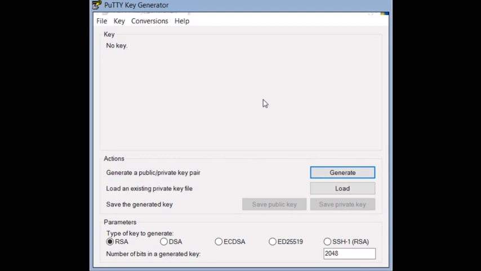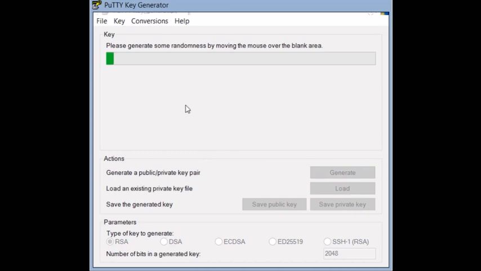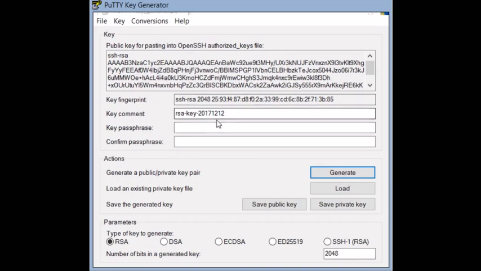how to generate a new key. Here in the menu, please be sure to have SSH-2 RSA key chosen as an option. And then you can click generate here, and you have to move the mouse here to generate randomness for the key to be generated. It's not a joke, it's as it's written here. And now the RSA public key and private key have been generated.